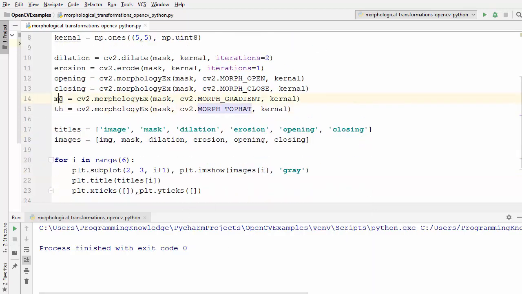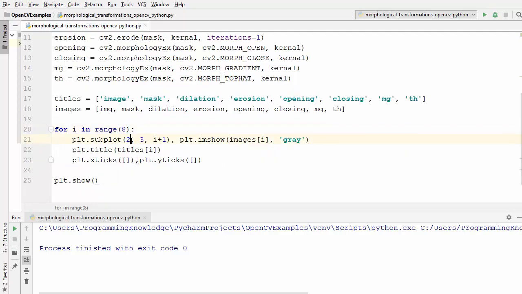And then we can just add these two things to our list of titles and list of images. So mg, and then we have th for top hat, and now we have 8 images, so range is increased to 8, and let's say we just want to show them in 2x4 matrix here in the